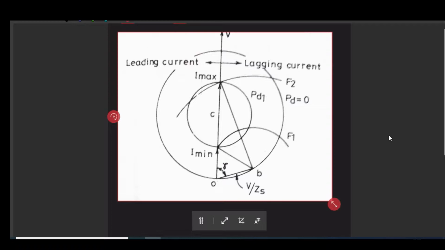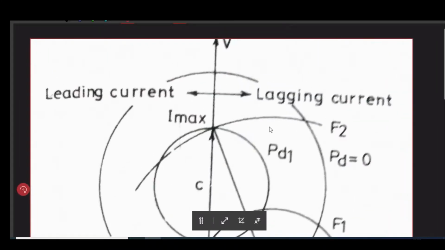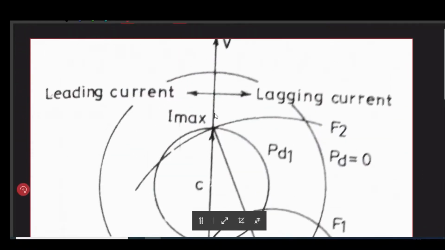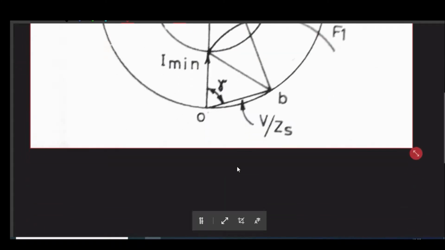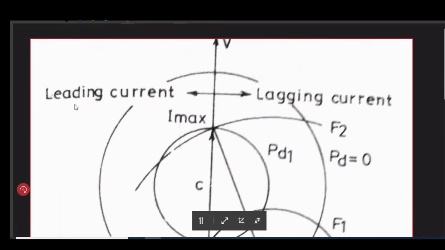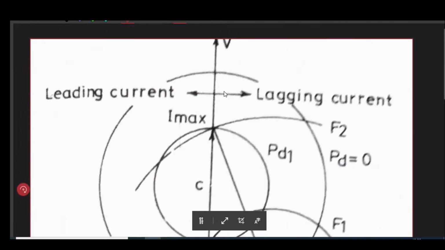In this diagram, one thing is very clear to us: that this V by R is giving us that condition. Now see that this leading and lagging current, they are actually this, like